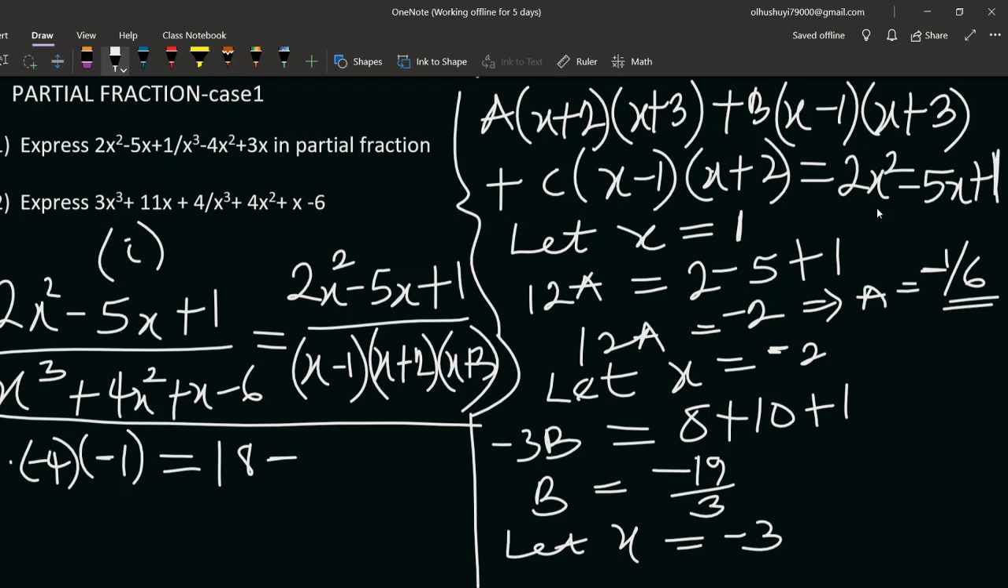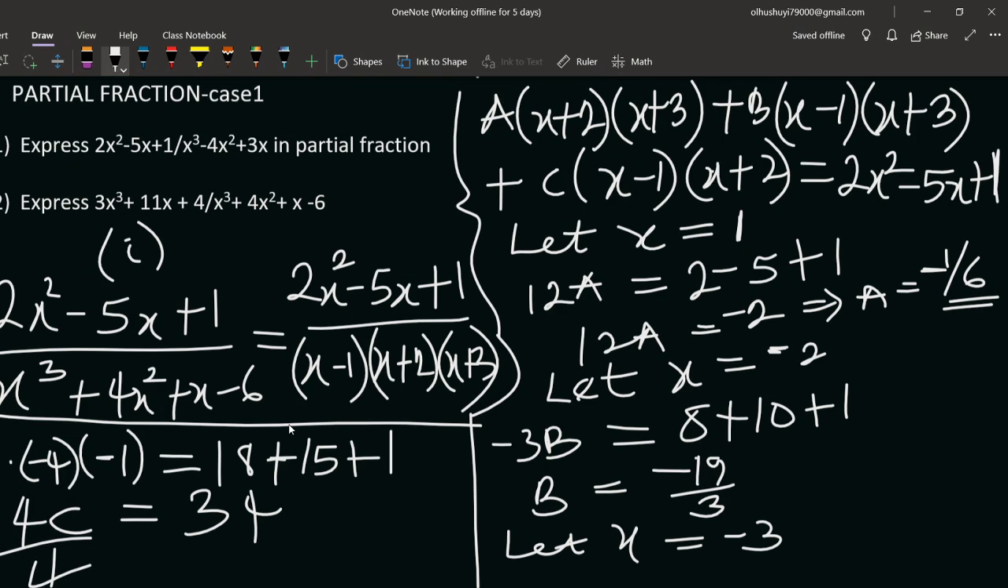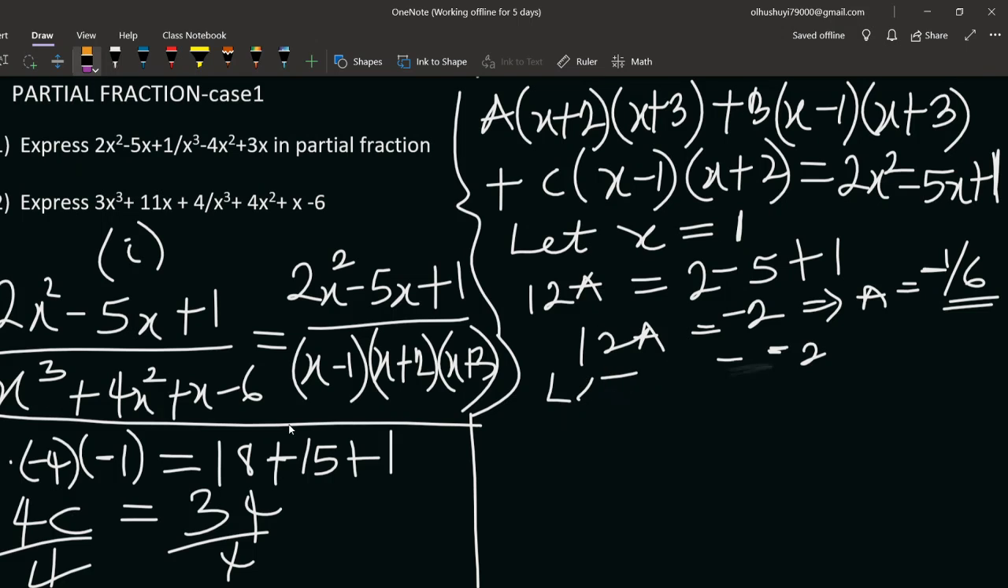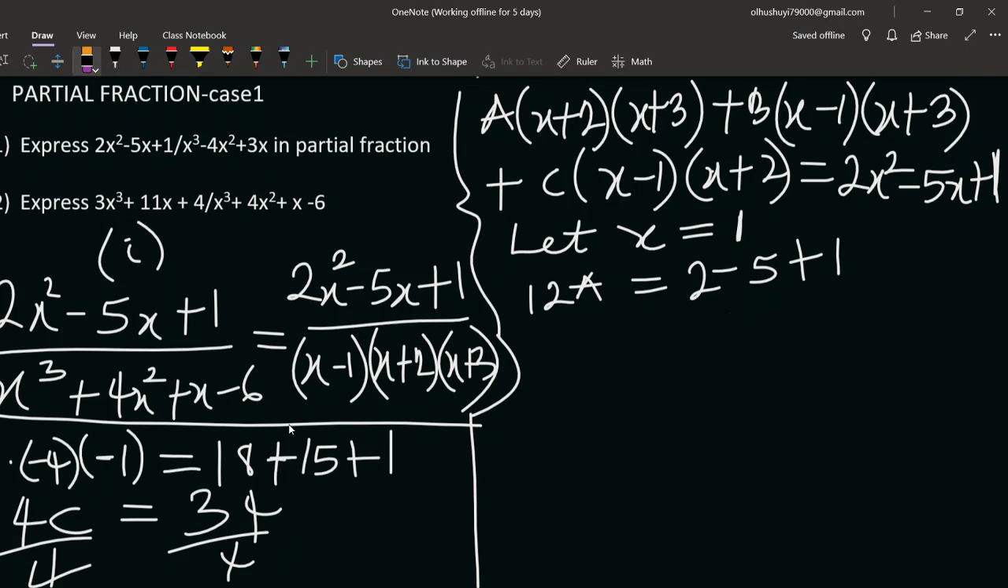Then minus 5 times minus 3, that is plus 15. Then plus 1. So I can say 4c can be equal to this: 18 plus 15, that is 33, plus 1, that is 34. So divide both sides by 4. I don't think I need this side again. Dividing both sides by 4 now, I should have this cancel this. So my c can be equal to